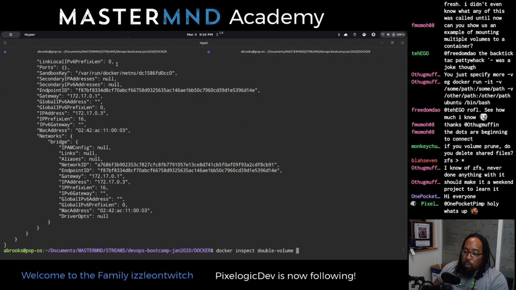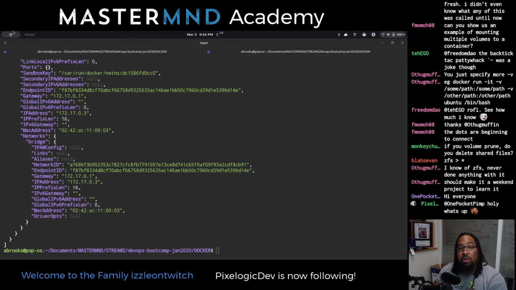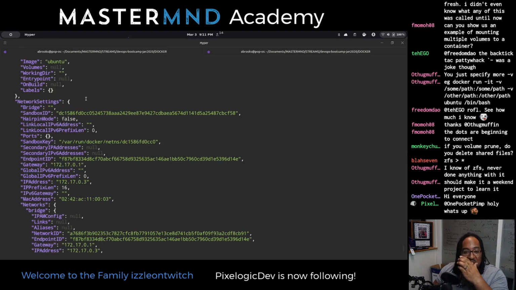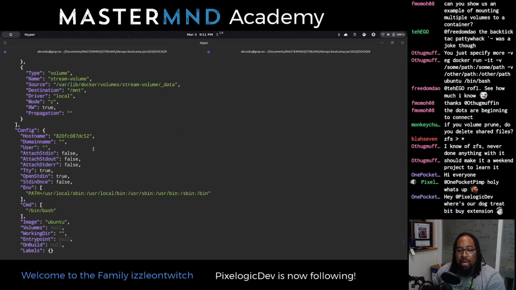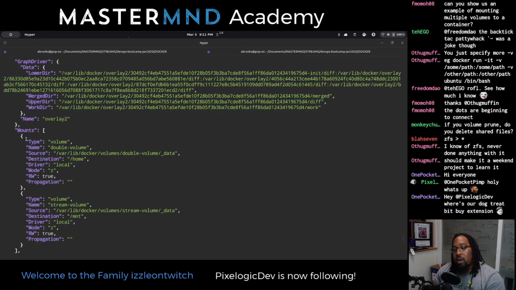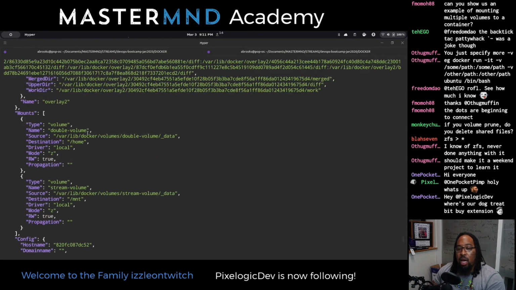We don't do things without them being pretty. So we're not looking at clean JSON. It's beneath us, to be honest with you. If you look at clean JSON every day, I'm sorry, but we don't do that here. We look at beautiful Joker colored things, purple and green, because it's better for the eyes. It's better for the spirit. Feels a little bit better. So let's go up and see where our mounts are. We have 2 now, 2 volume mounts, 1 mounted to double volume, 1 mounted to stream volume.